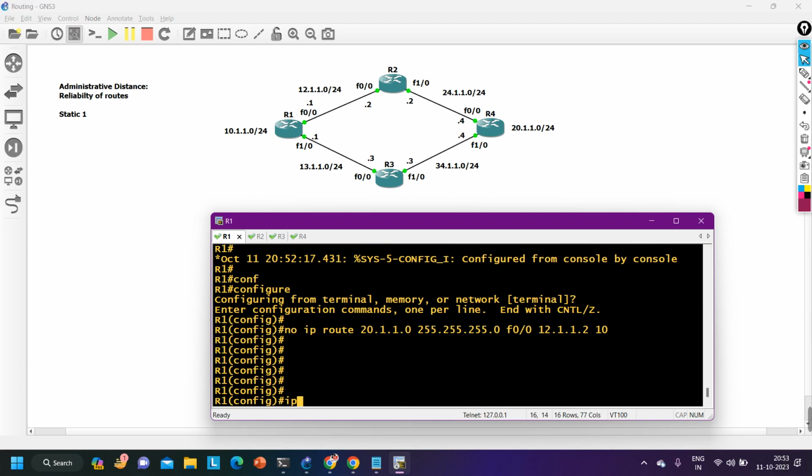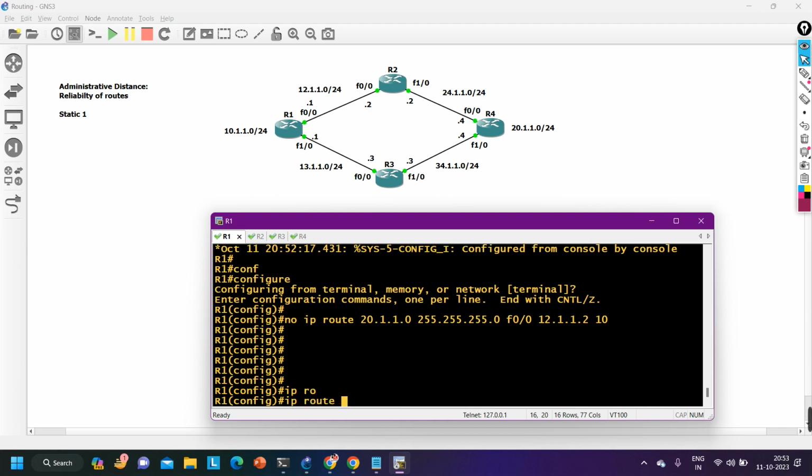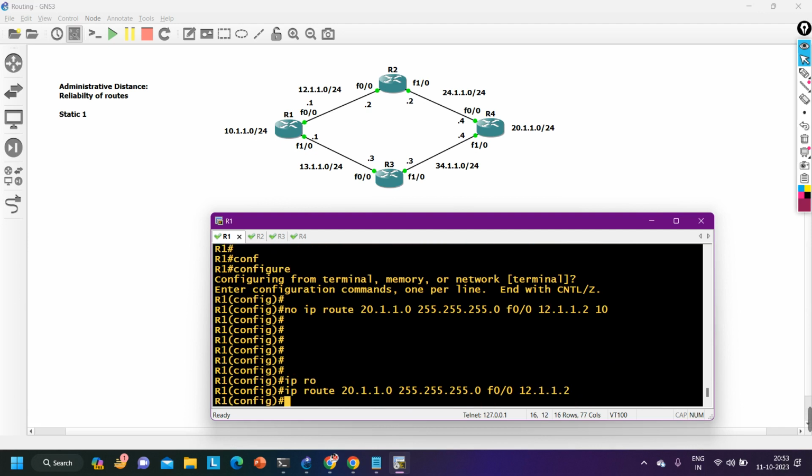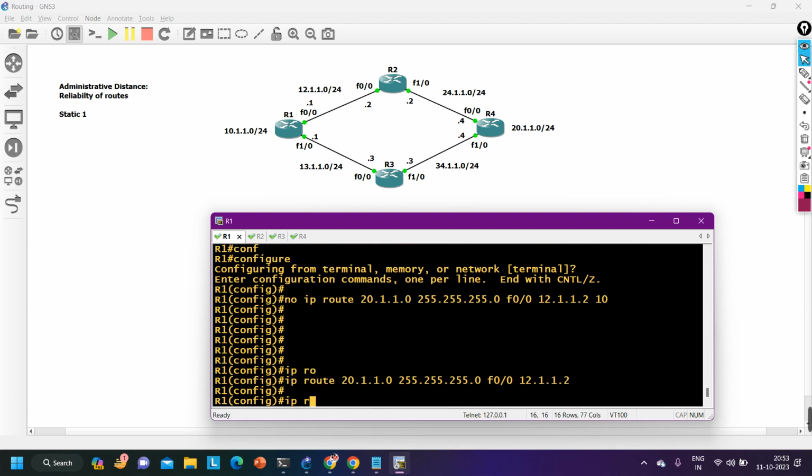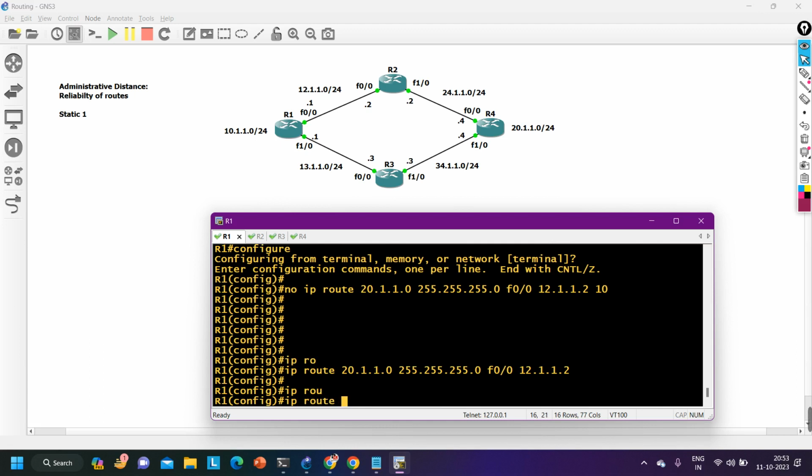No to this, and I am going to configure IP route 20.1.1.0 255.255.255.0, and the exit interface is FastEthernet 0/0, and next hop is 12.1.1.2. Done, one entry. And I am going to create one more entry via router number 3,